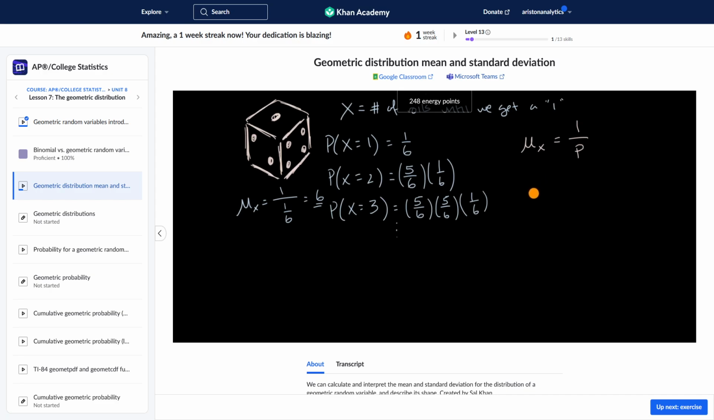Now, another question is, what's a measure of the spread of a geometric random variable? And we don't prove this in another video, maybe I'll do it eventually, that the standard deviation of a geometric random variable